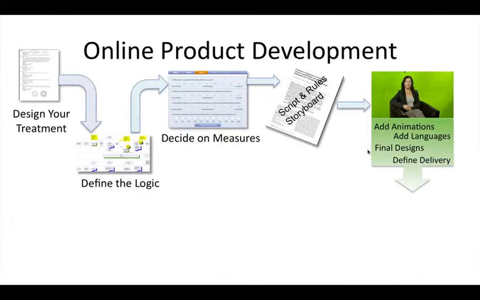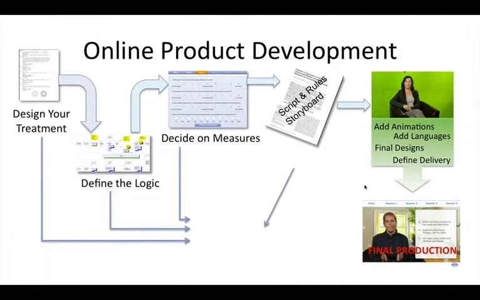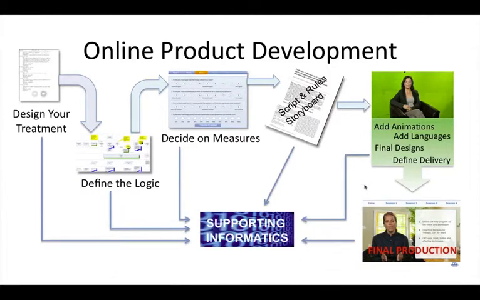That then allows us to define the final production delivery. And the final product then includes everything from the clinician, the structure of the sessions, and specific examples of, for instance here, bullet-pointed text that enter and come into the treatment and are viewed as the patient works their way through them. Throughout all of this, it's really important to remember at every single stage we are collecting all sorts of information, all sorts of data on what a patient's doing, what a user is seeing, how they're experiencing it when they're using it, and collecting a wealth of information that can be used in